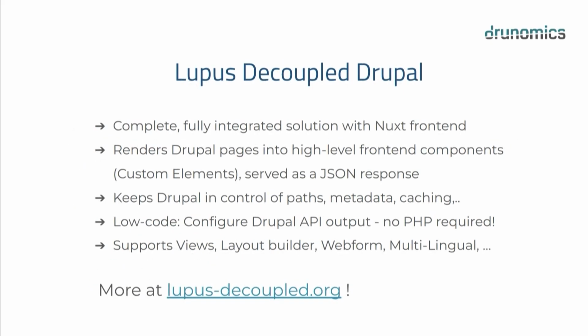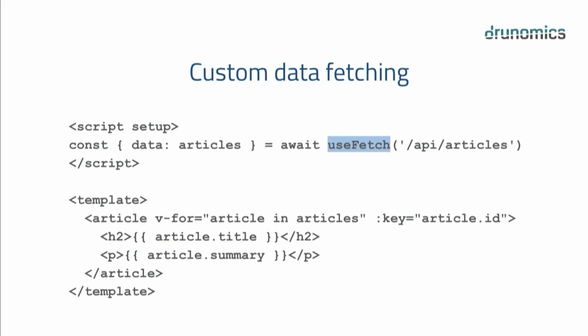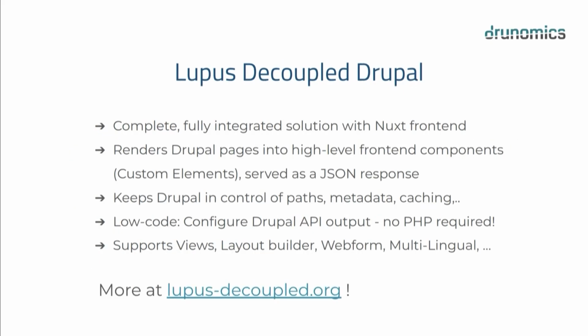Yeah, but the issue basically with that kind of thing is, it's easy to get started like this, but if you think about a whole application, if you want to have everything, like SEO, metadata, or maybe a login, there's always a lot of things to develop, right? And Drupal already gives us a lot. And if you do a decoupled application, this is always a little bit of a problem, that we are throwing so much away. And this is really why we started with Lupus Decoupled Drupal, the decoupled Drupal stack